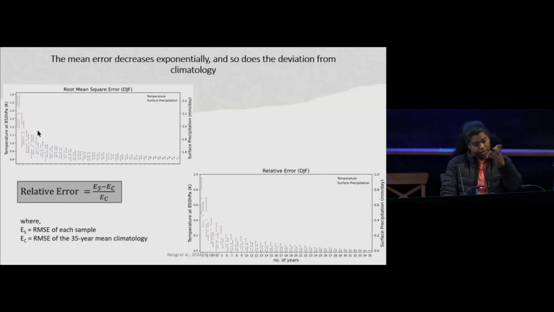And that is to be expected, right? If you have an increasing number of samples, the errors will decrease. But what is interesting is if you look at the deviation of these errors from the 35-year climatology.